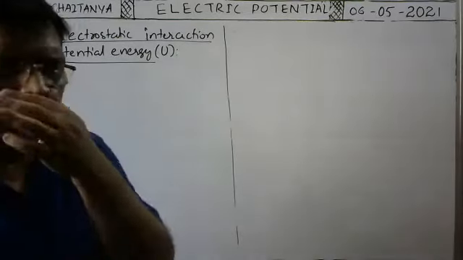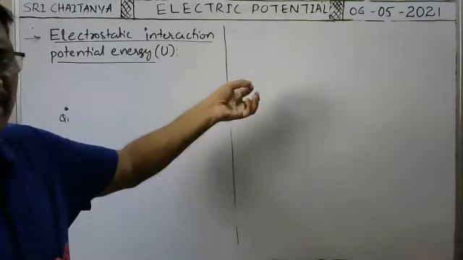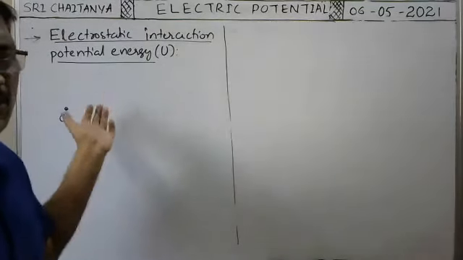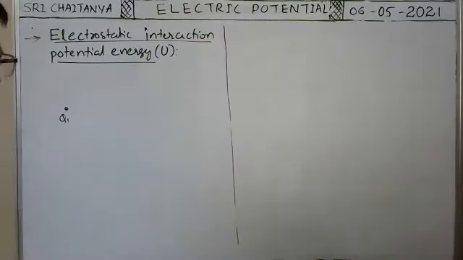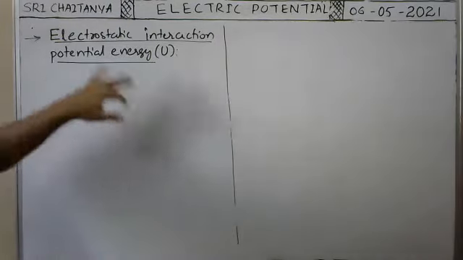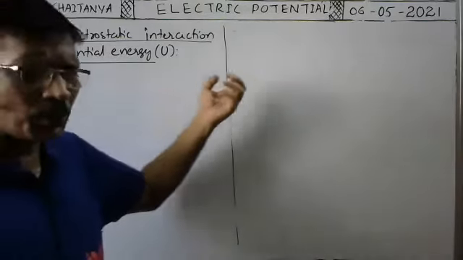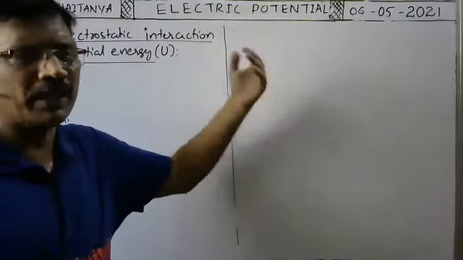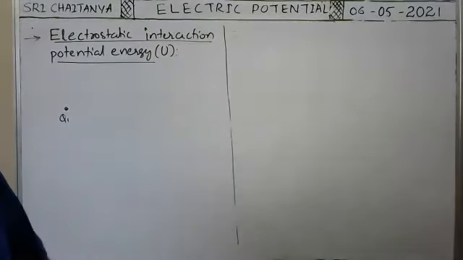Uday. Okay. Initially, as no electric field is there, no force is required to bring the charge from infinity to this point. That's why no work is done. Whenever no force is there, no work is done. Okay, right. Now, whenever the charge is kept at this point, an electric field is formed around it. Now, if you want to bring another charge Q2 from infinity nearer to this point, is there any work to be done or no need to work?